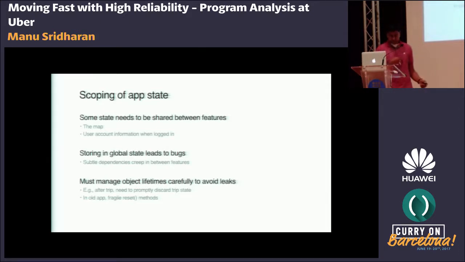So more specifically, say after you take a trip in the driver app, you really want to guarantee that all the state and objects associated with that trip are discarded, which can mean different things on different platforms. Like on Android, it means they're garbage collected. Maybe on iOS, it means that everything is freed. And in the old Rider app, there were a lot of different conventions around this, trying to null out pointers, or in some cases, you try to reuse objects by writing these reset methods to unset the state. But it was all quite fragile, and there were just a lot of leaks.